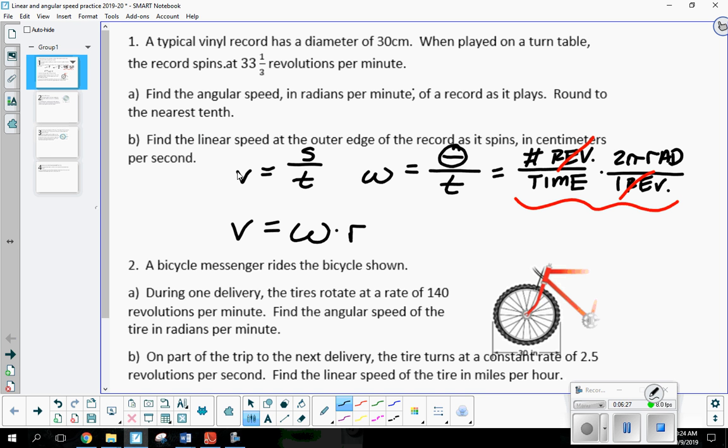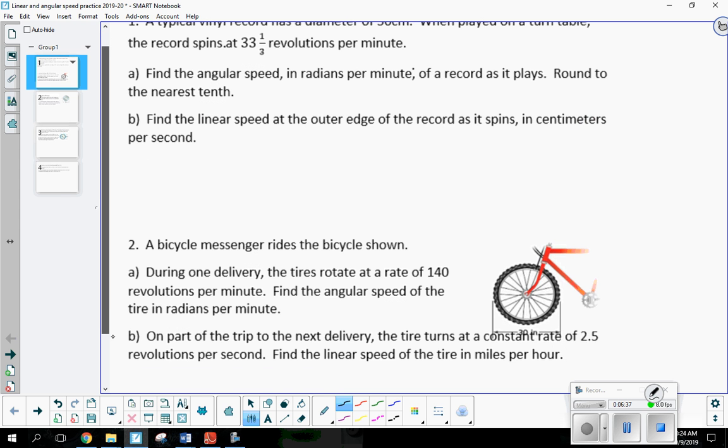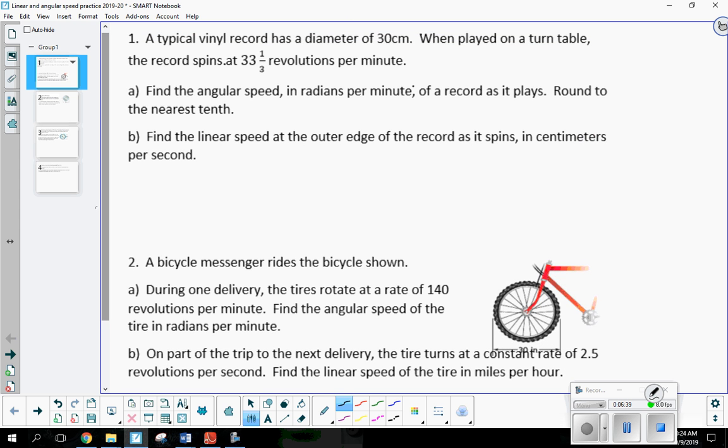All right, how far did we get? We were almost done with B? Did we have the problem written out? Let me catch up to where we were yesterday. B does use the same angular speed, angular velocity, as the previous one. So I believe we said we had 33.33 revolutions in 1 minute. So there's the number of revolutions over the given time.